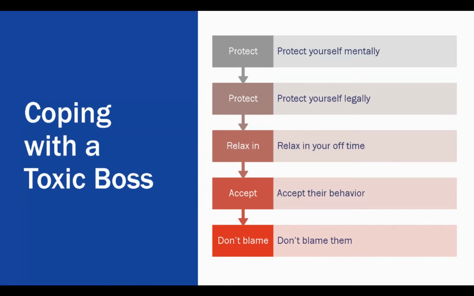Accept their behavior. This actually may be the hardest one to do because we all want to make the toxic people change, but thinking that's possible is even more stressing. They may have a momentary lapse of reasoning and actually say something nice one day, and that'll make you think, wow, they've actually turned a corner. Don't fall for it. As hard as their toxicity is to deal with, it'll be even harder if you let yourself think that they've changed. Plus, the sooner you accept the way they are, the sooner you can plan strategies to move forward.